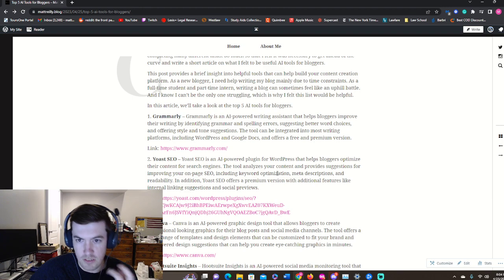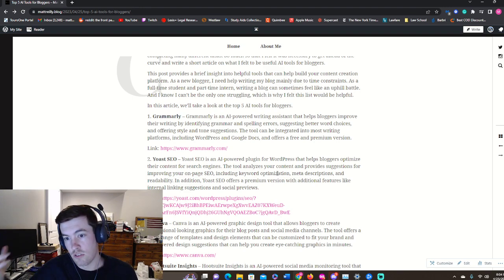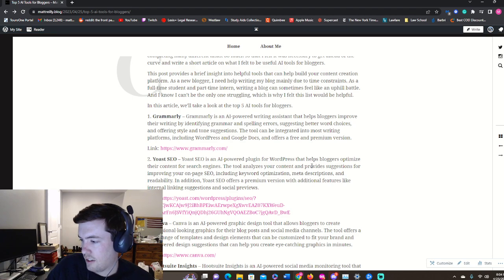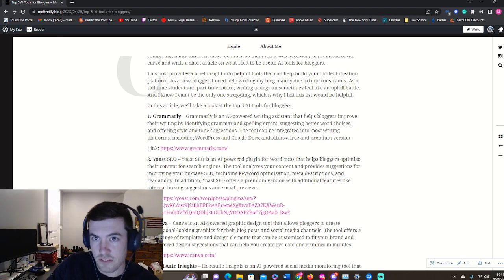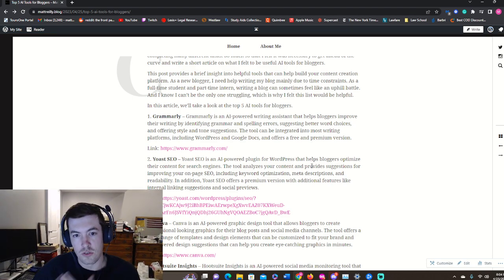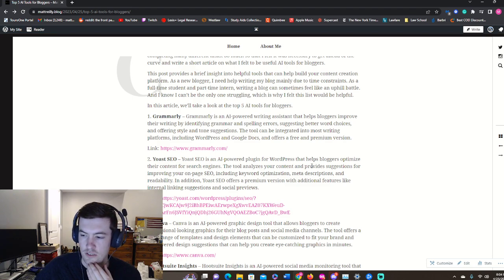Grammarly is basically just a tool to check for grammar, for spelling, and provides suggestions on what to fix. This is great for students like myself, but really anybody who's looking to write on a consistent basis and wants to make sure that their writing is at least grammatically correct.